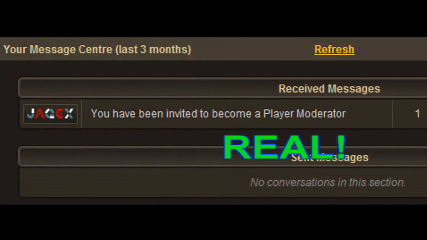Also, I'd like to clarify that Jagex will never invite you to become a moderator via PM in-game. You can see a picture on screen right now of a player moderator invite, my own player moderator invite actually, in my message center inbox. All moderator invites are done that way, including forum moderators and player moderators. So don't fall for the "Modmark has invited you to become a player moderator" scam. It is not